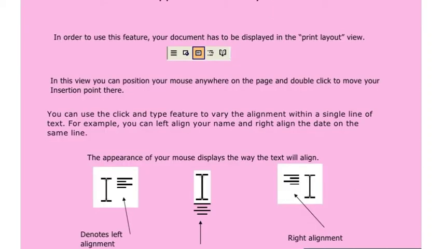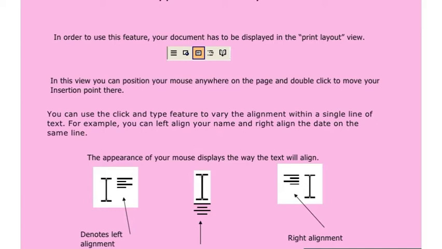Click and type in print layout view. Now what is print layout view? Suppose you want to take a printout of any document. Before printing it out, you will check how it appears. With the help of print layout view, you can see that.